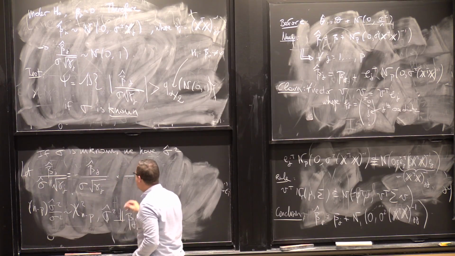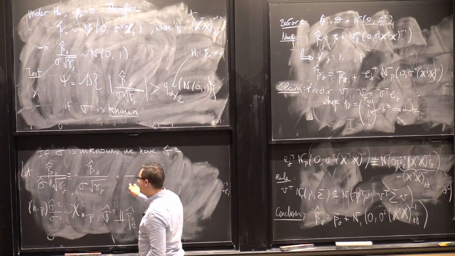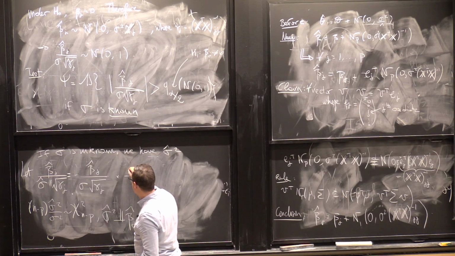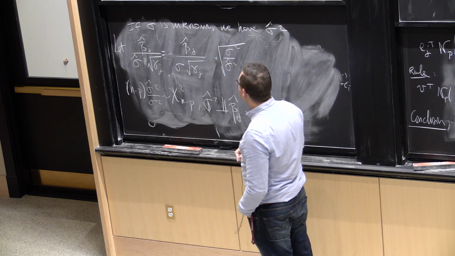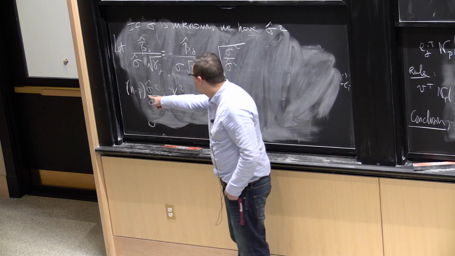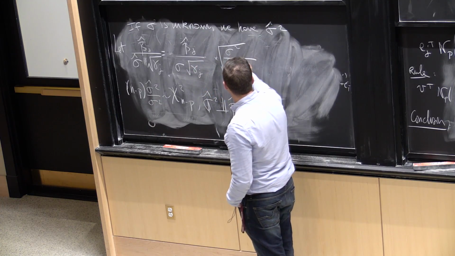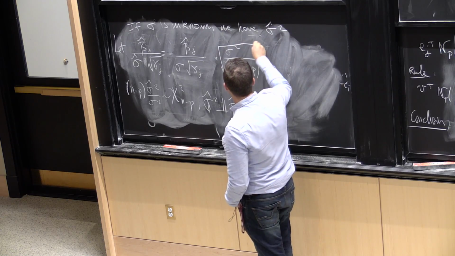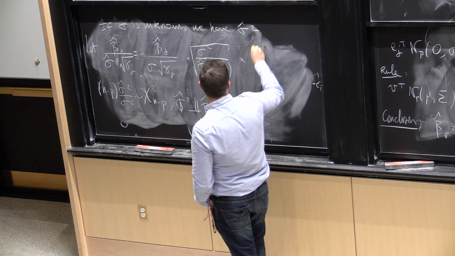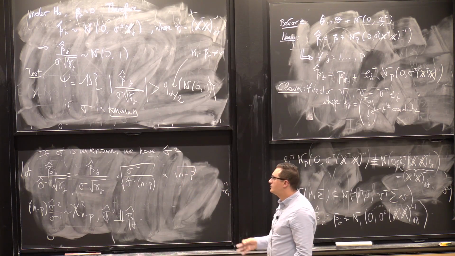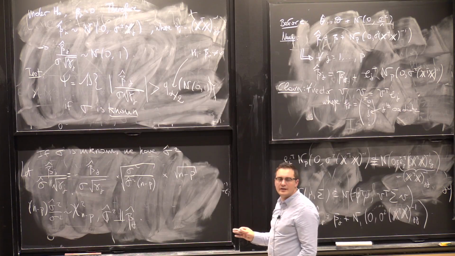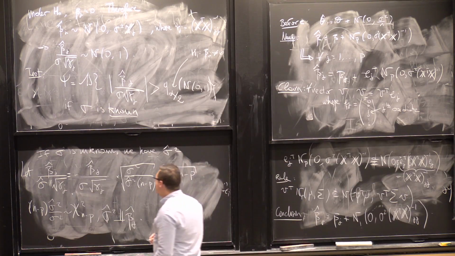And to be able to get this guy, what I need is sigma over sigma hat, square root. And then I need to make this thing show up, right? So I need to have this n minus p show up in the denominator. So to be able to get it, I need to multiply the entire thing by square root of n minus p. Okay? So this is just a tautology. I just squeezed in what I wanted. But now this whole thing here,